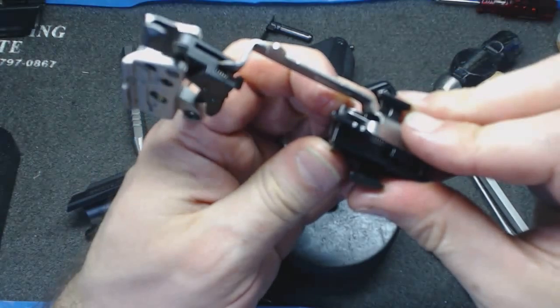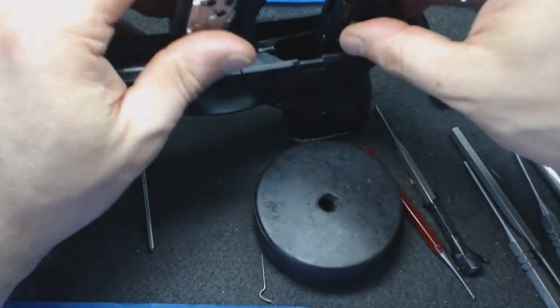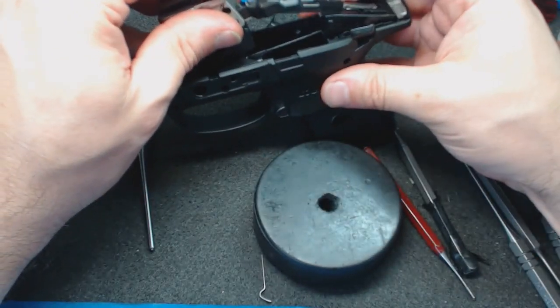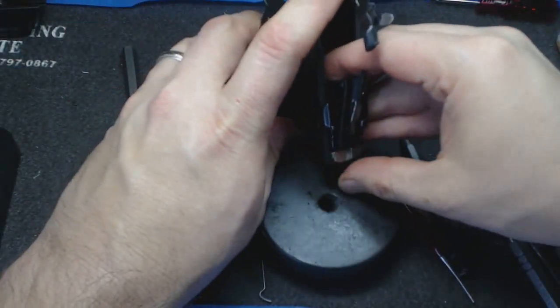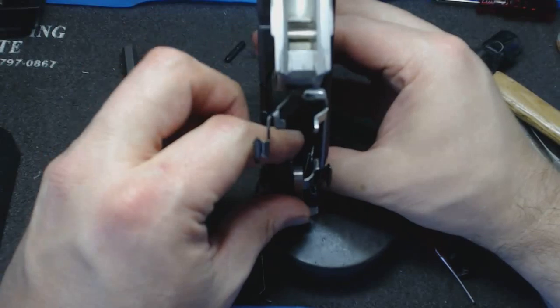So you want this spring, push it in as far as you can, and then when you're going to put it in, make sure that the safety, the back end goes in first basically, and then as you rotate this down, you should